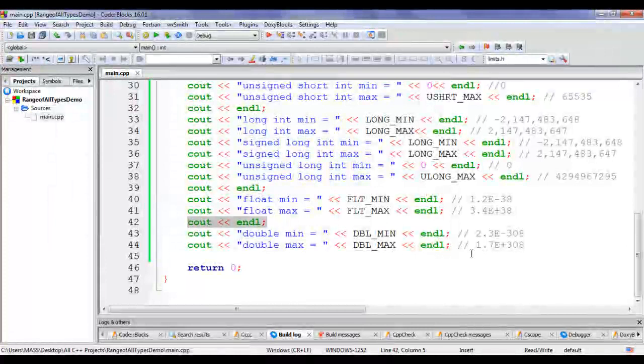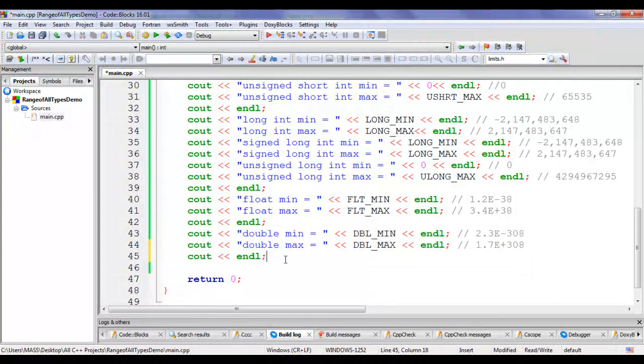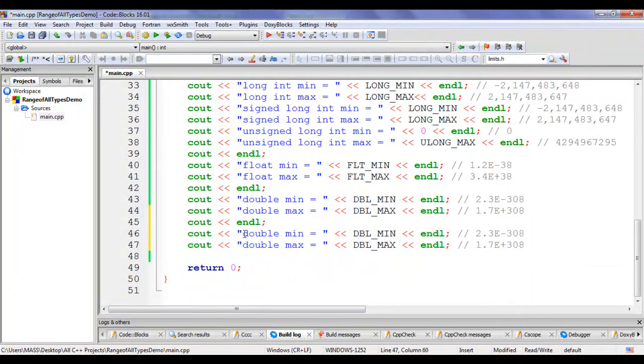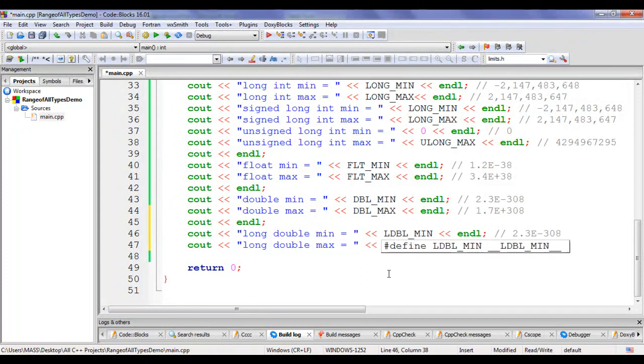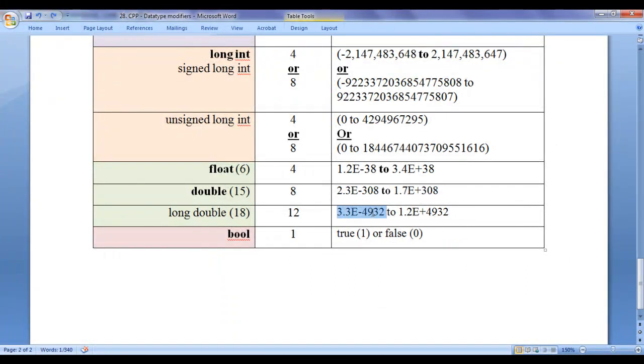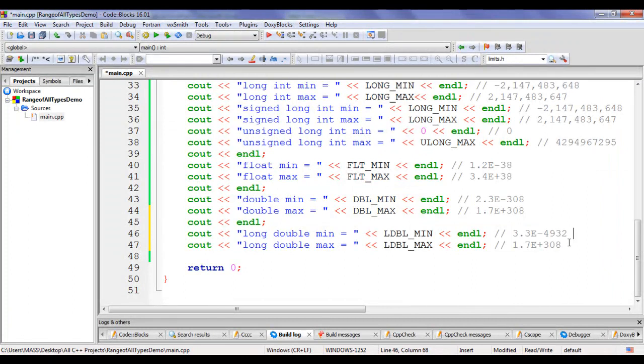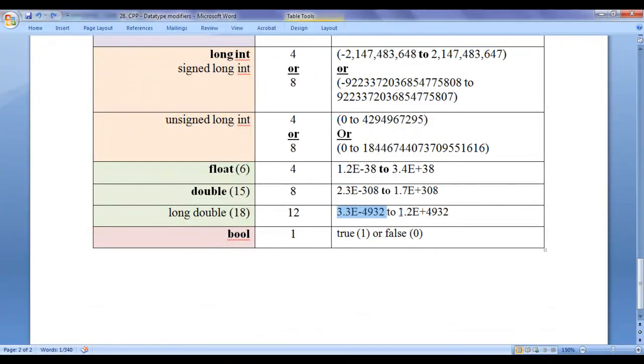I'm going to copy this line of code and paste down. I copied these two lines of codes and paste down. Next we display long double min and long double max. We have LDBL_MIN and LDBL_MAX, guys, which is 3.3e-4932 and 1.2e+4932.